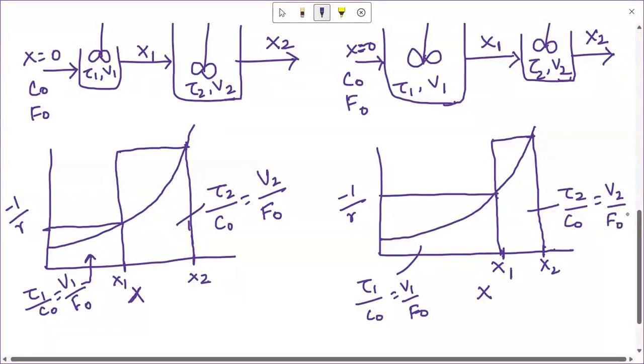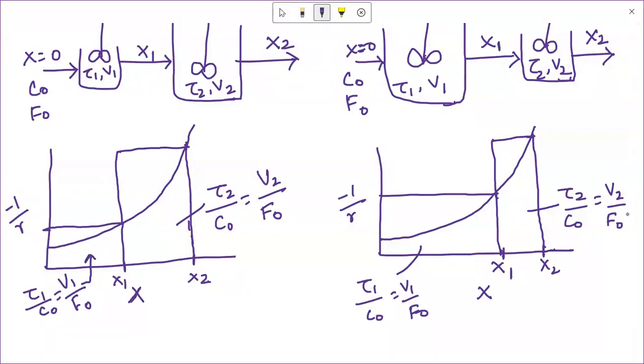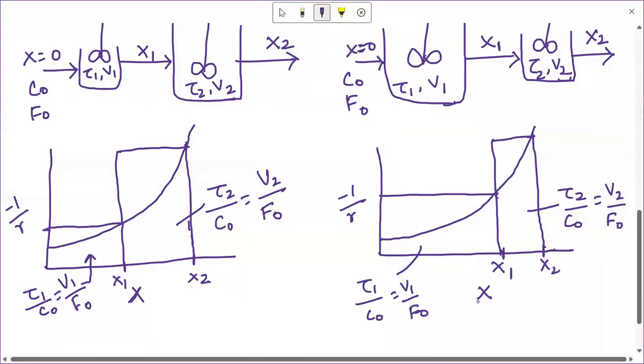Okay. Now how do we know which reactor is better? See, as this intermediate conversion changes, the reactor volume is also going to change from this procedure of determining the volume of the two reactor vessels. Therefore, if we want the total reactor volume to be as small as possible, then we have to maximize the area of this rectangle,